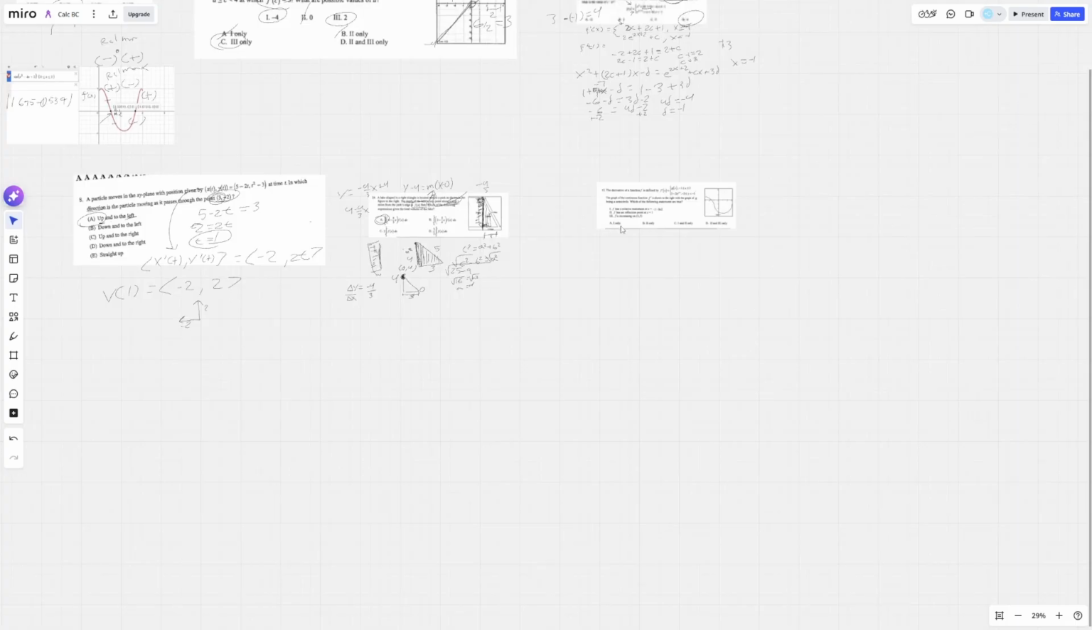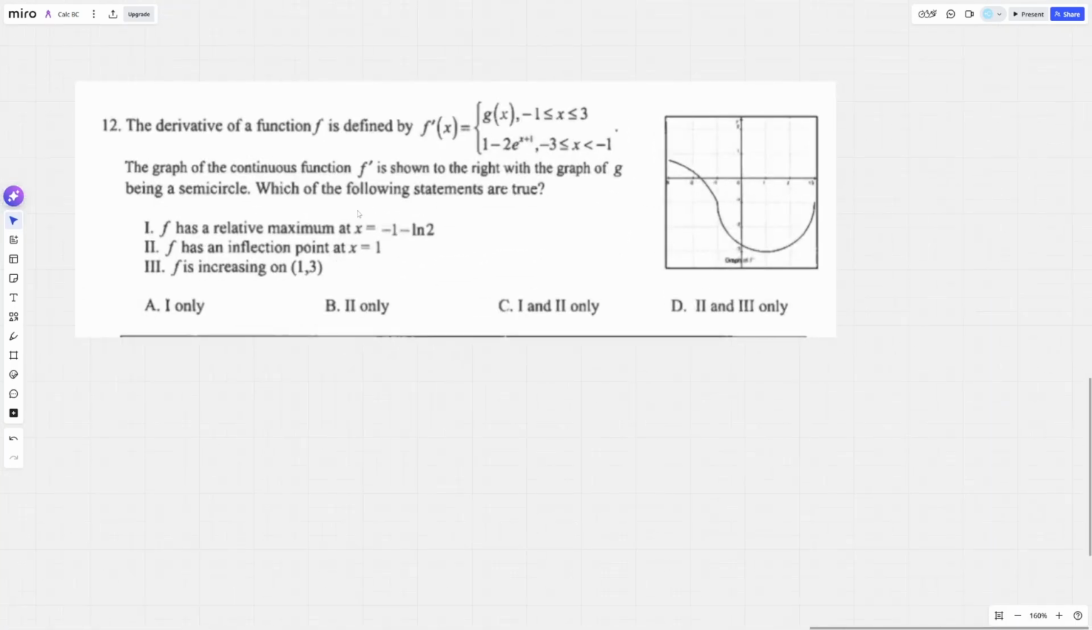And now we are on to our final problem. Here, for number 12, it says that the derivative of a function f is defined by f prime of x is equal to g of x when negative 1 is less than or equal to x and x is less than or equal to 3. So this is g of x right here. Negative 1. This is g of x. And 1,